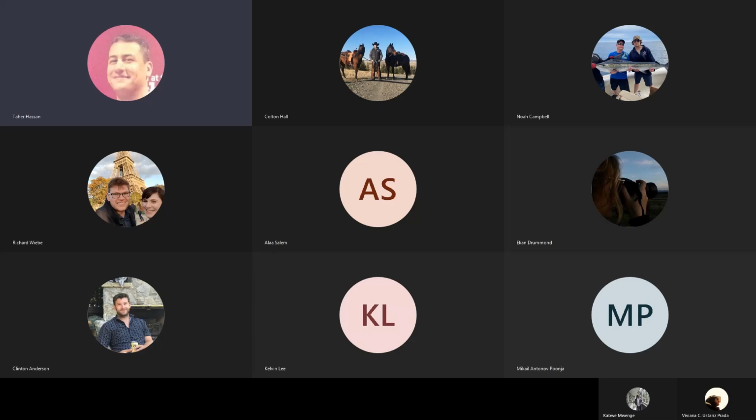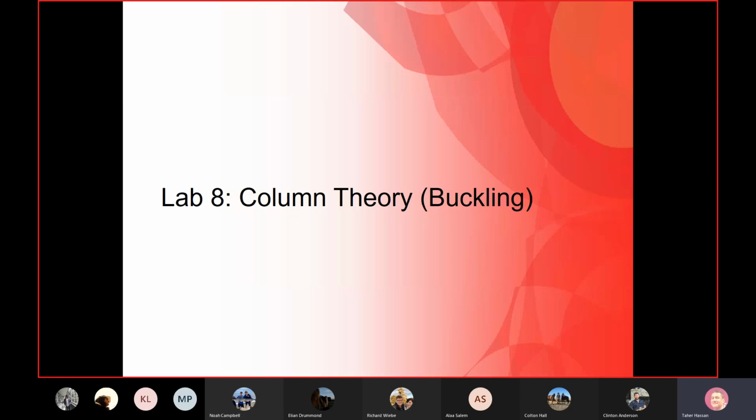So our lab number 8, it's about column theory, like how columns behave, and columns are under compression. And there is a phenomenon which is called buckling, which I doubt that this name or word is new for you. If you guys remember back when we talked about compression, when we test compression, we simply tested compression